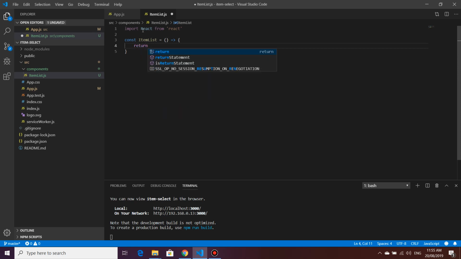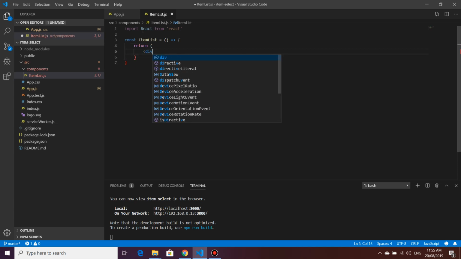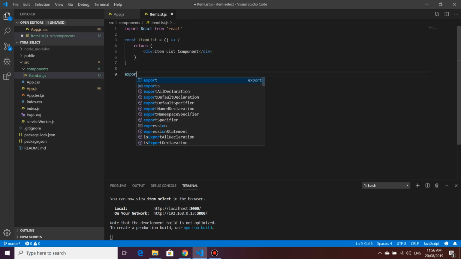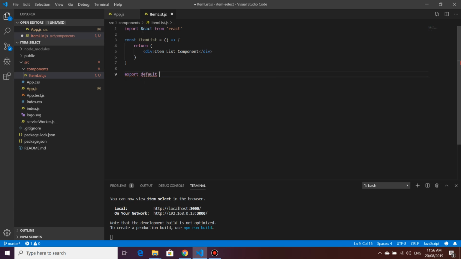This is JSX. We will return for now just a div, some div, with the text item list component. Okay, and we need to export this component, so we type export default, and the name of the component is ItemList. Okay, save it,